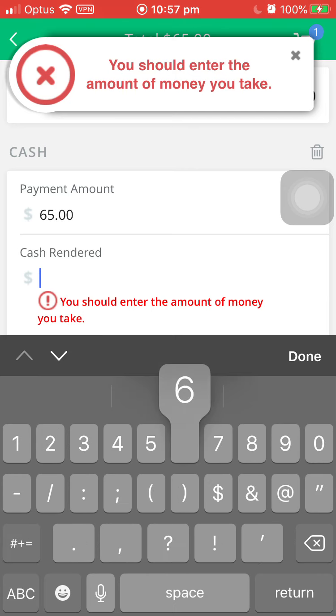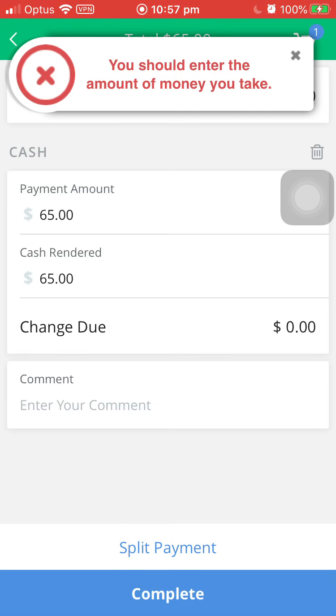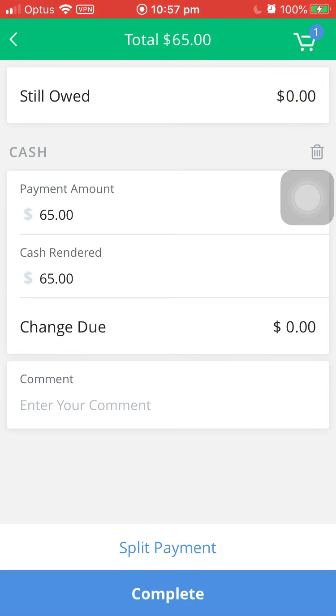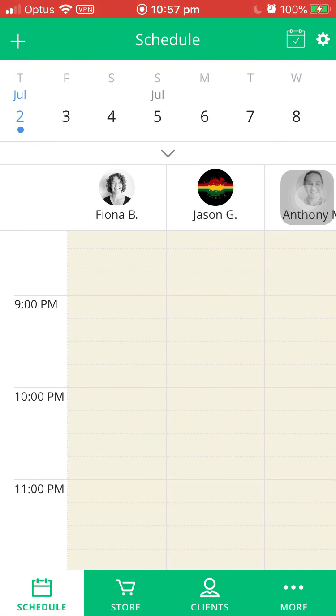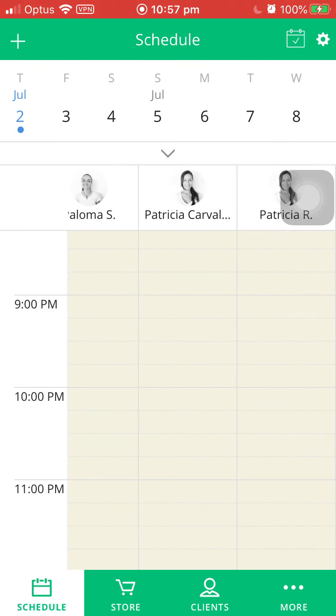So I'm going to just pay by cash this time, the full amount, $65. I'm going to hit complete, and you can see there the option says purchase completed successfully. I've got the email option to email the receipt or no receipt, and I'm just going to hit no receipt, and that's it. I can go back to my calendar,